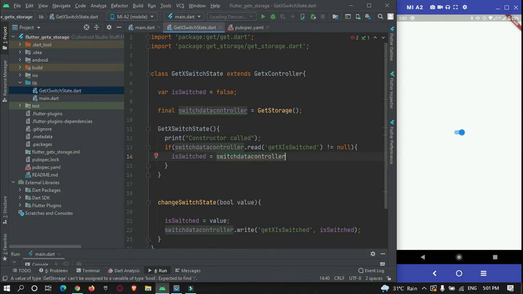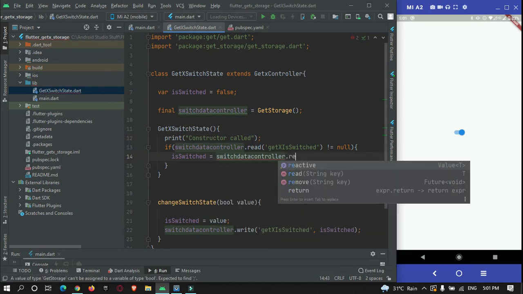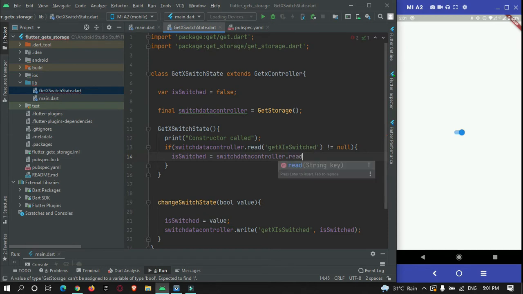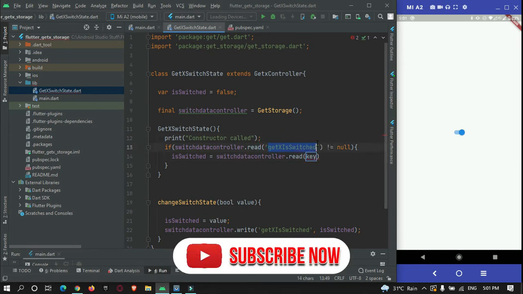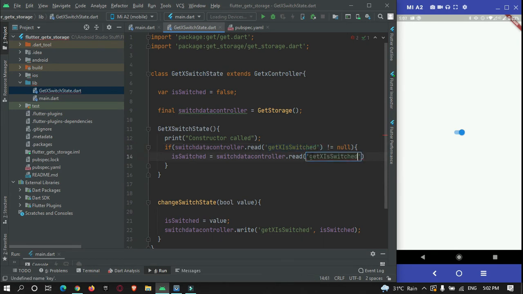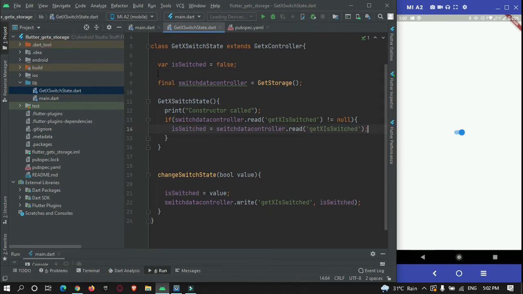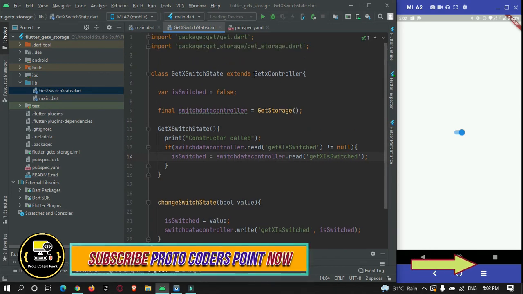Switch data controller dot read the key. The key is this key. So in this key we are storing the value of this switch. Okay, so that's it in our GetX controller.